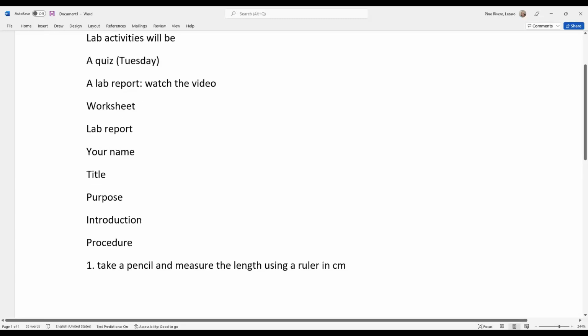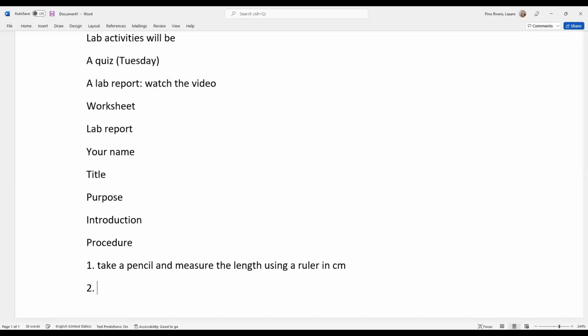That's it. The activity that you are going to do. As you can see, all of them are commands. Number 2, for example, I don't know, weigh